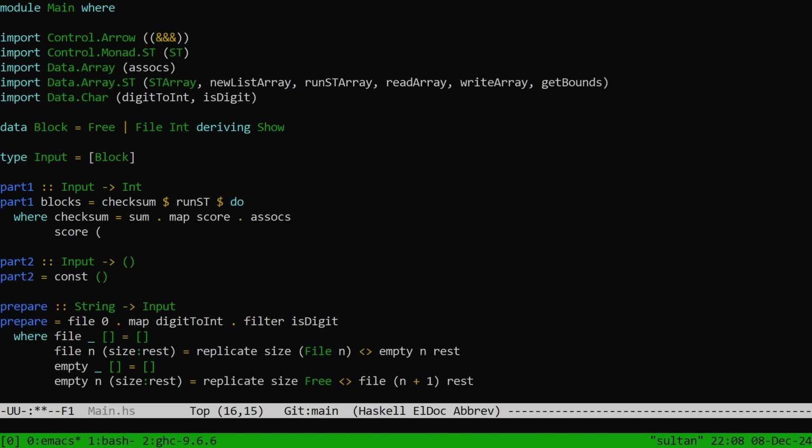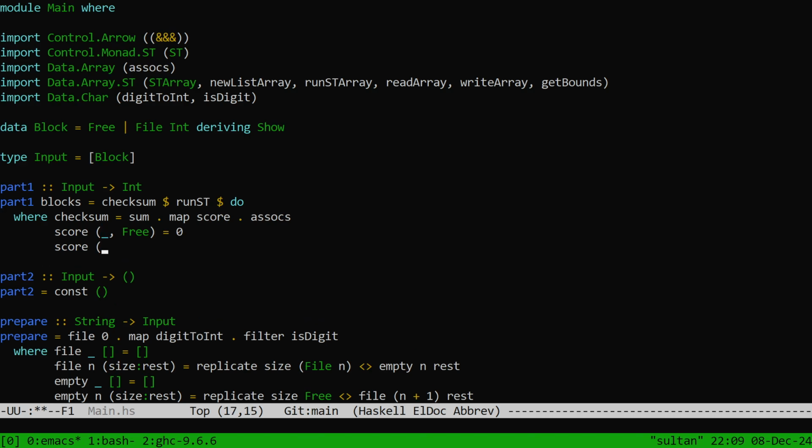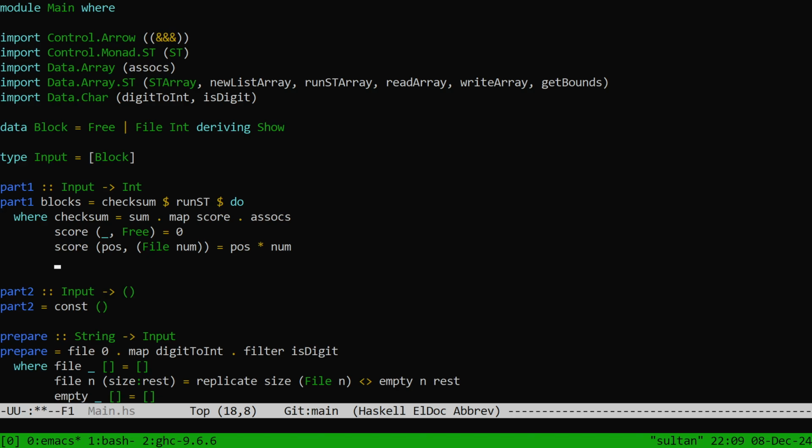Is that what they call them? Blocks positions. Okay, pause. Well, the score of a free block is 0. Score of file num is pause times num. And